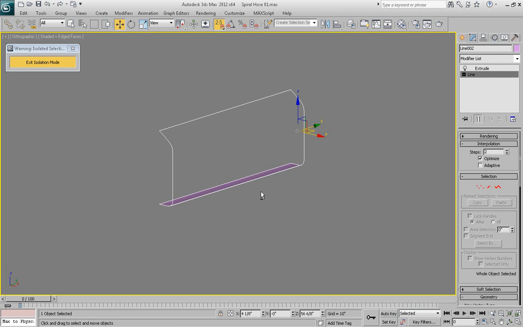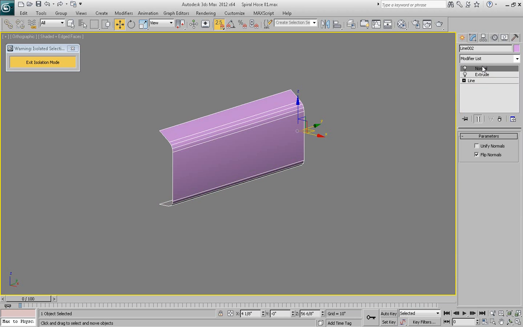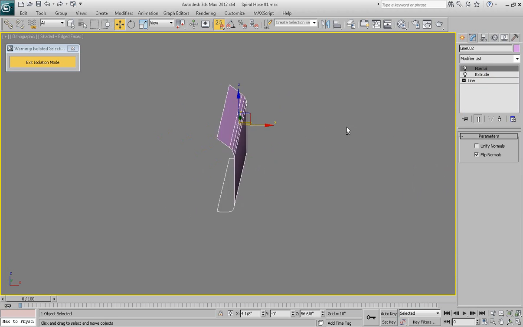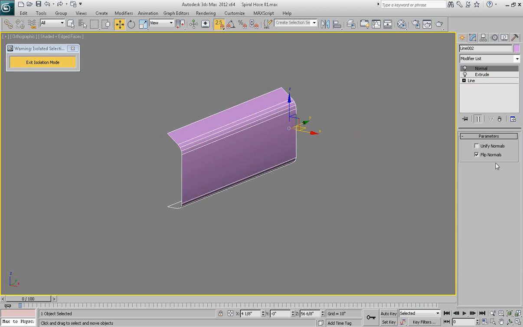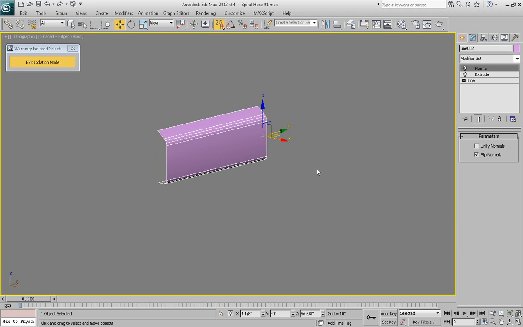There are a few ways to fix it. Right now, let's just use the fastest way and go ahead and apply Normal modifier at the top of the modifiers list, and I will simply flip the normals with the Flip Normals checkbox enabled. So okay, looks like our geometry will be just fine. Now it's time to extrude it a little bit more,